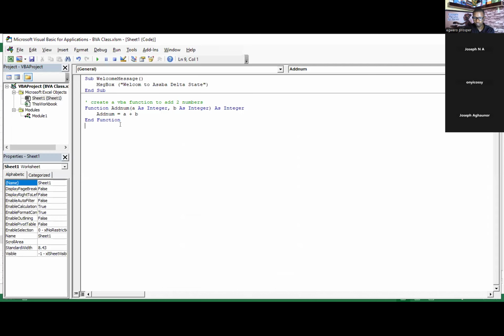All right, so we want to create a VBA function to add two numbers. The function is AddNumber. That is the function name we want to create. So we first of all declare the variable types. They are both integers. So A as Integer, comma, B as Integer, then close the brackets. Then the operation we want to do is that the name of the function, which is AddNumber, should be equal to A plus B, then